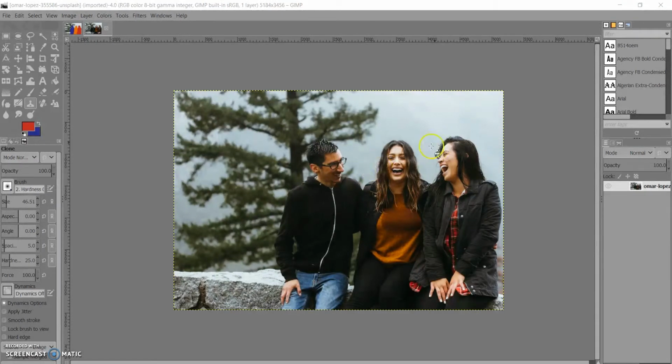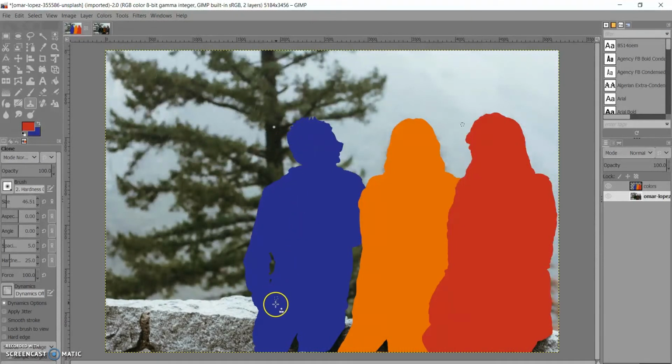Today we're going to be going over how to make these nifty little silhouettes in order to basically censor a photo of some people. Sometimes you get people who don't want to be photographed and they just want to be taken out of the picture, but unfortunately going through and making it look like they were never there is not always easy. So today we're going to go over how to protect their identity while still